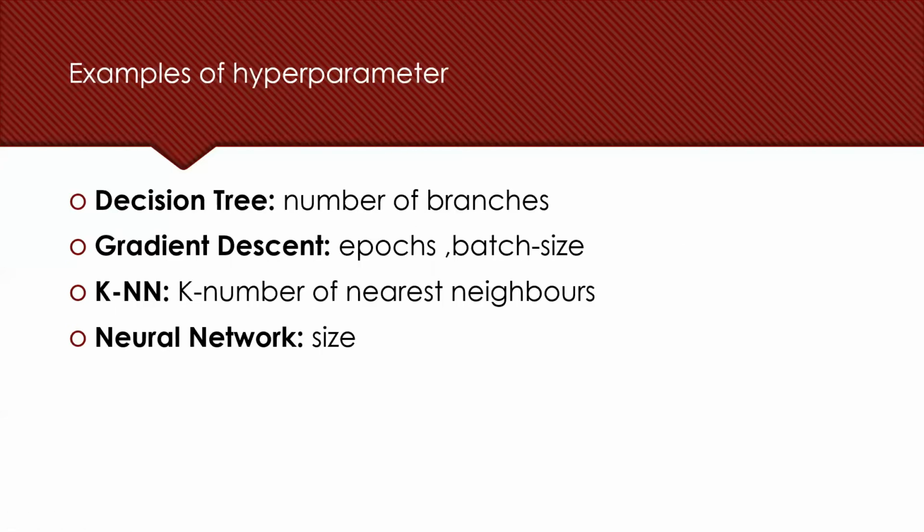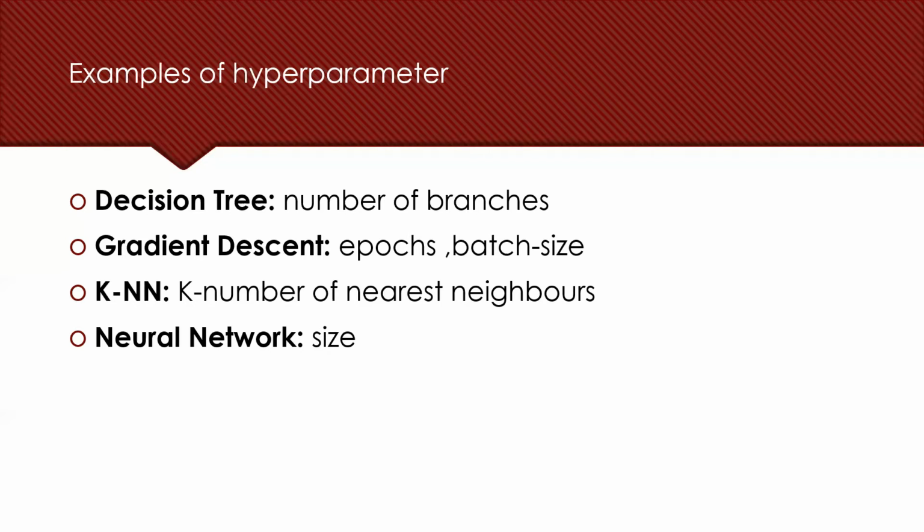So let's talk about some examples of hyperparameters. Like I said before, we get the hyperparameters from the inductive bias. In the decision tree, the inductive bias was the number of nodes. In the decision tree, we have the hyperparameters as number of branches, number of questions we ask. We can't ask too many questions. We can't ask too few questions. So it should be somewhere in the middle so that we can get the perfect generalization.